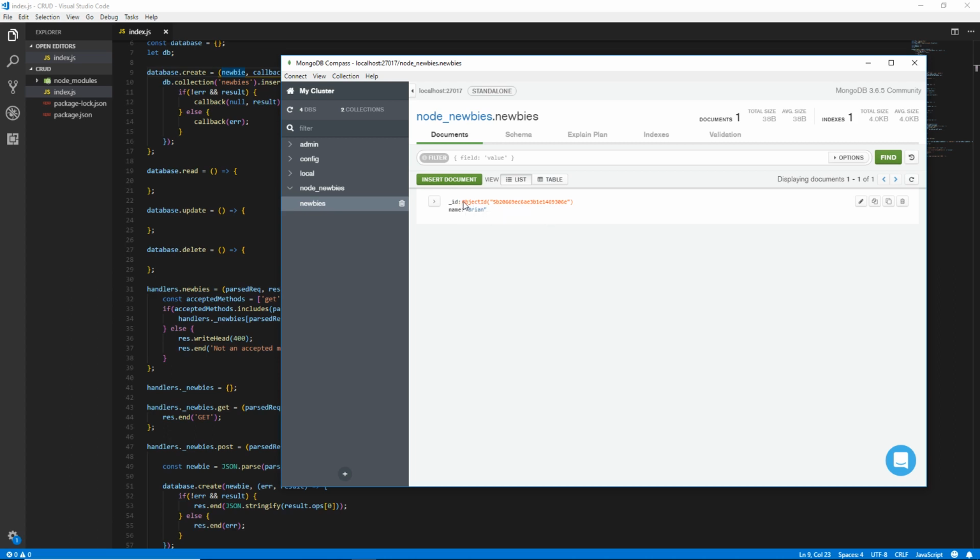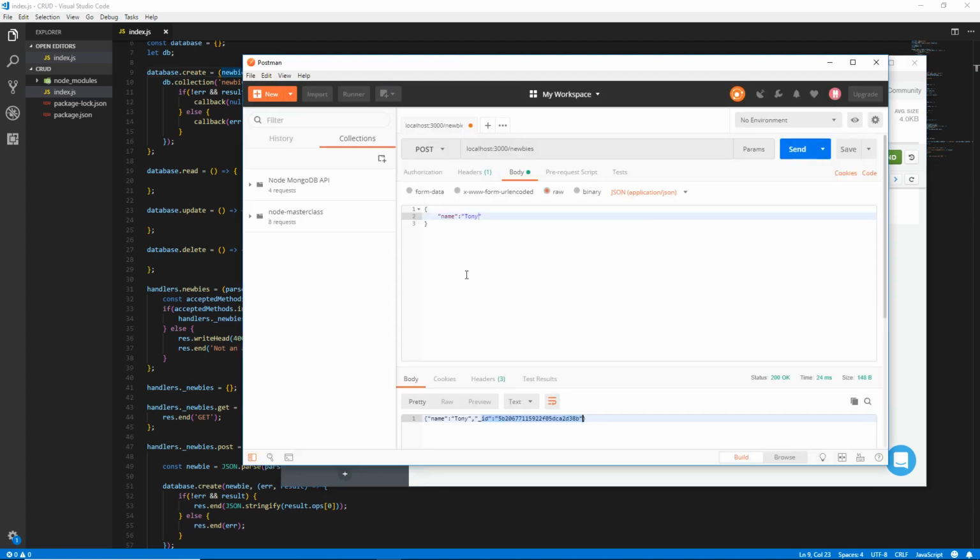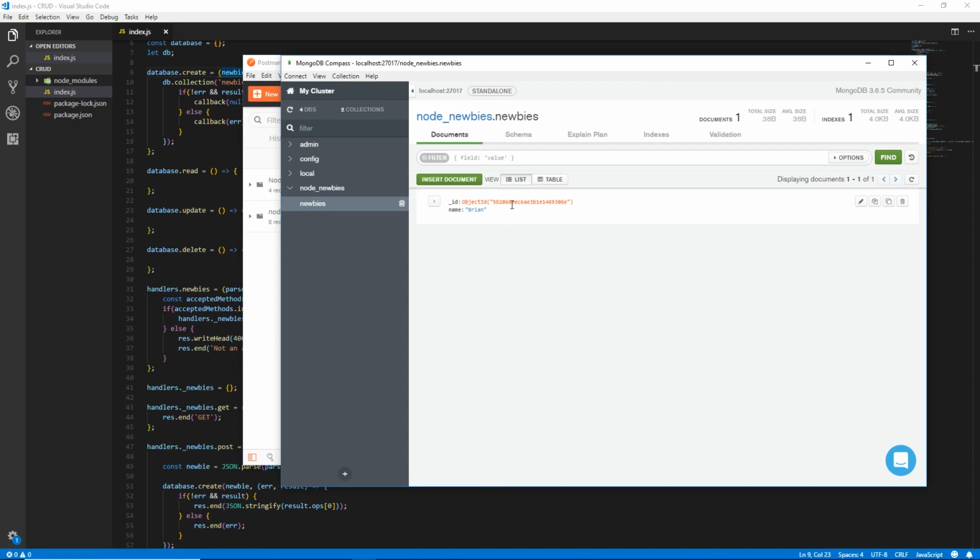And this is how we're going to find the document that we want, is by this ID right here. So the way that we're going to tell the database which document we want is we're going to grab the ID, copy it,